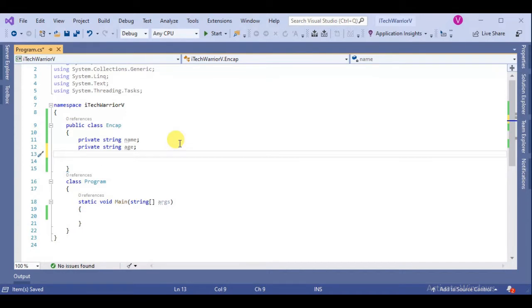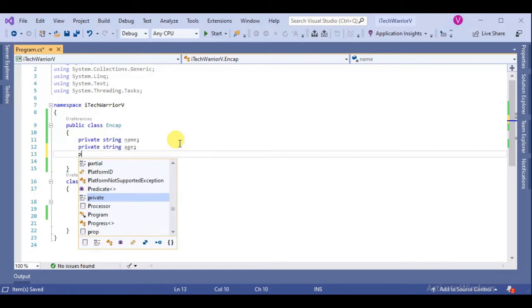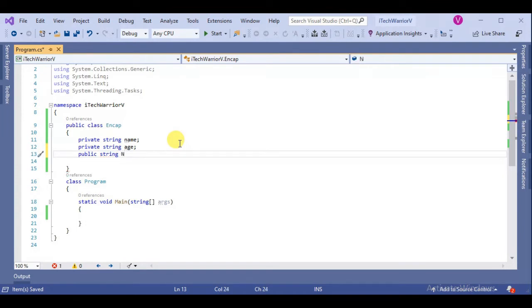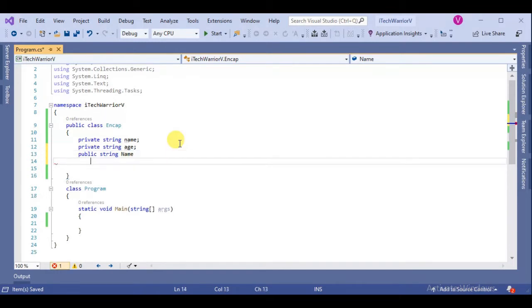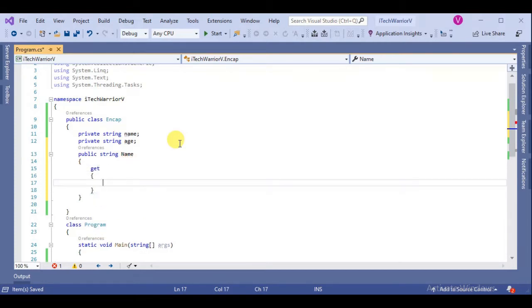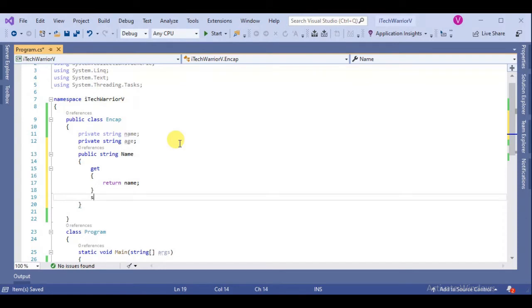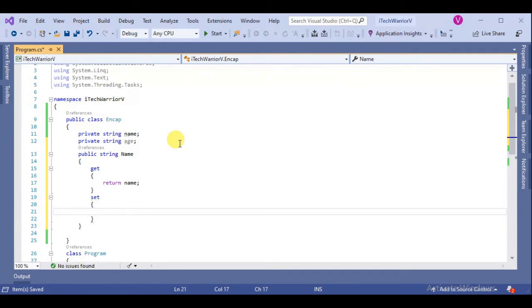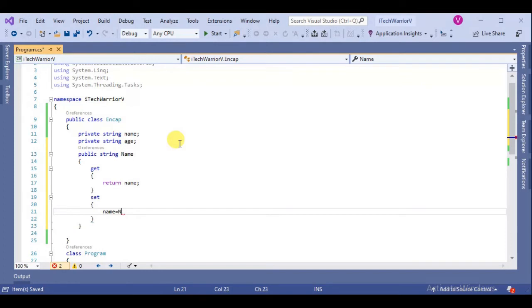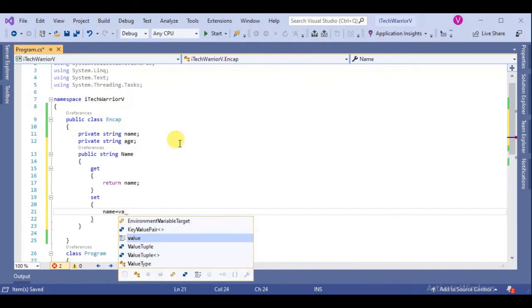And now we declare set and get properties. Public string Name, get, return name; set, name equal to value.